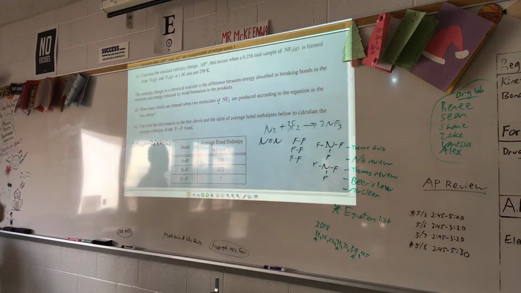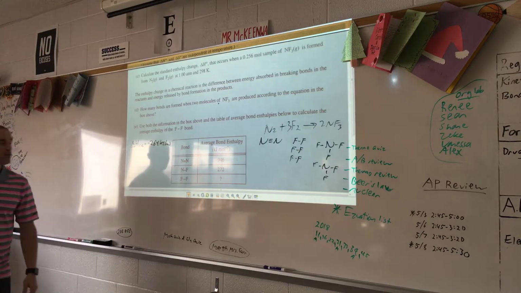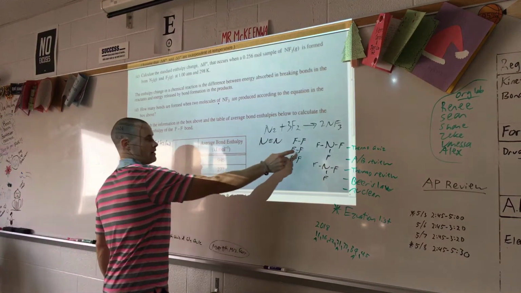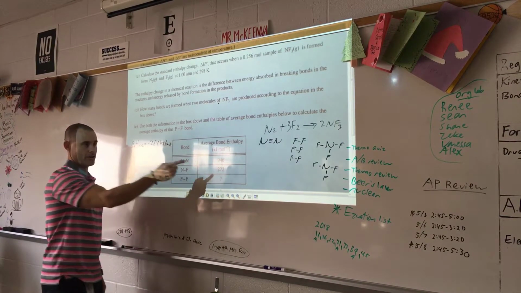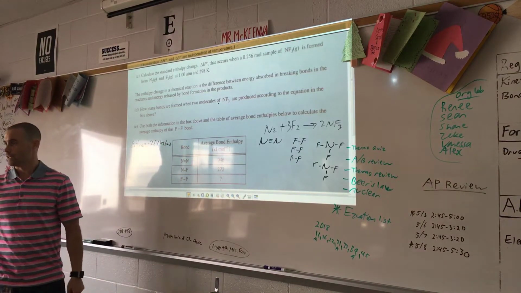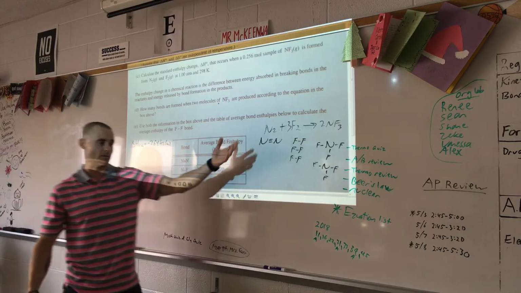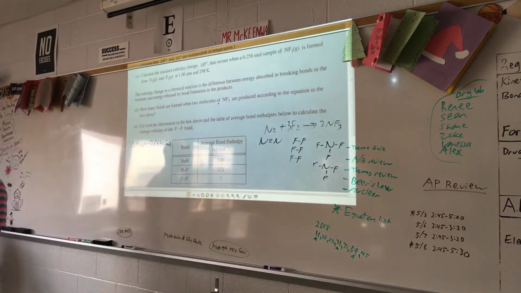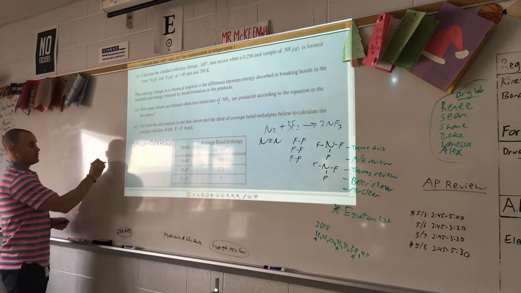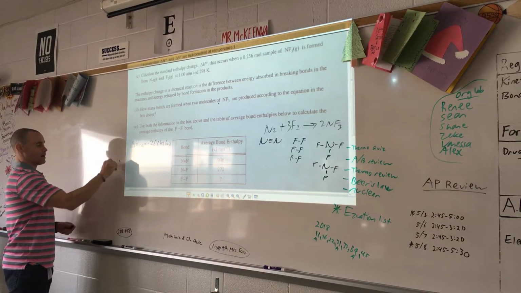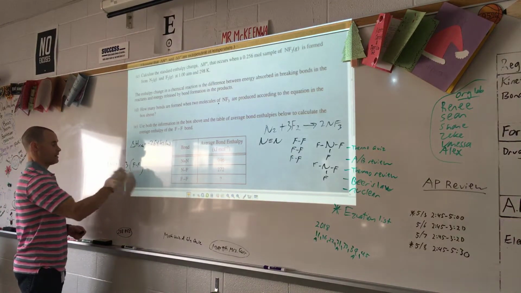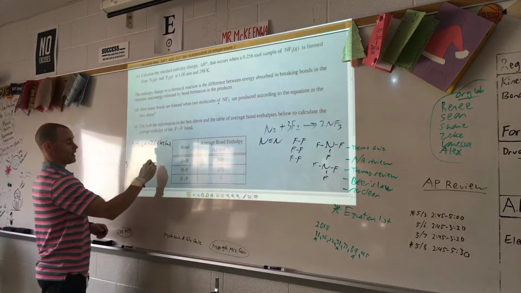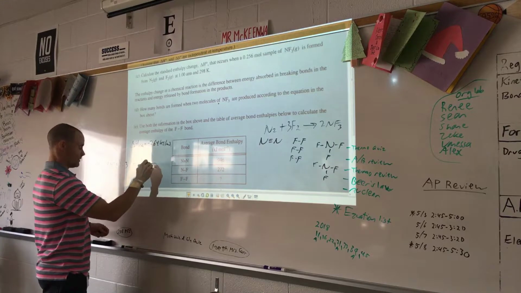Now, if you make a mistake, this is kind of a lot of work, but you've got to keep track of things. If you make a mistake, it's probably going to be here. This number is a third of what that's going to be. If you make this all one number, you have to divide it by 3 to get the answer because it's 3 times, right? So there's one N triple bond, so whatever that is, 1 times that, 3 times the FF bond, all of that minus 2 times the NF. Actually,